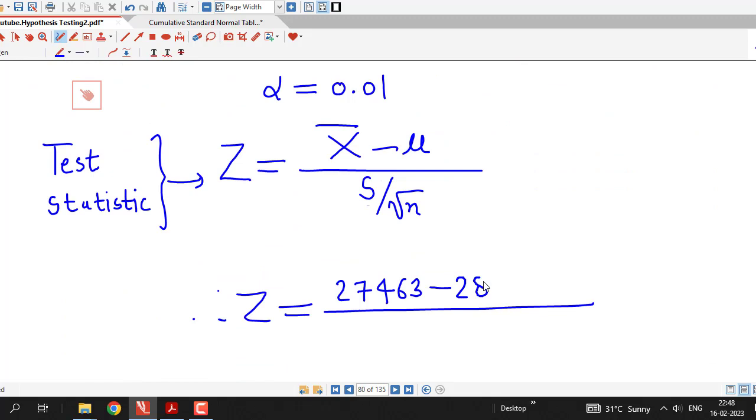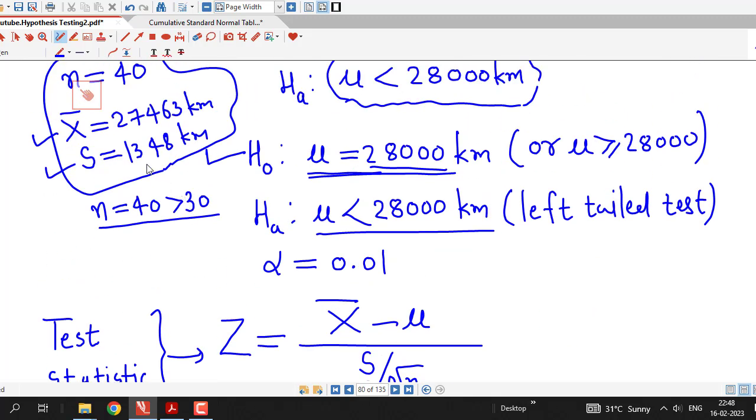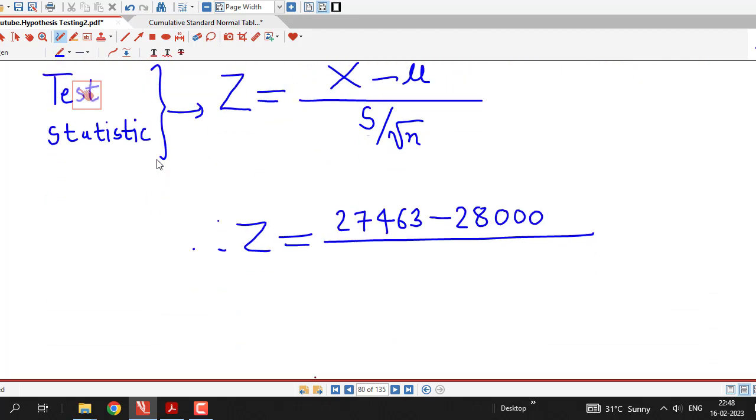So here we write 28,000. Sample standard deviation is 1348. So here we write 1348 divided by square root of 40, and using a scientific calculator I obtain the value of test statistic as z equal to minus